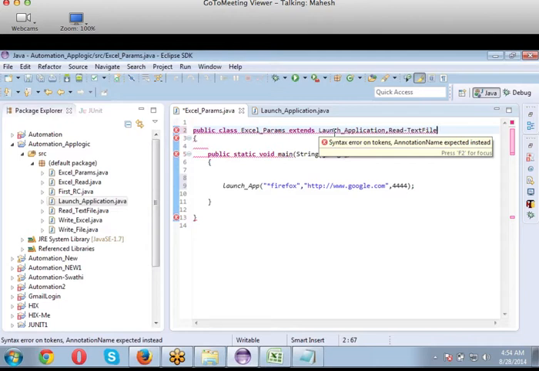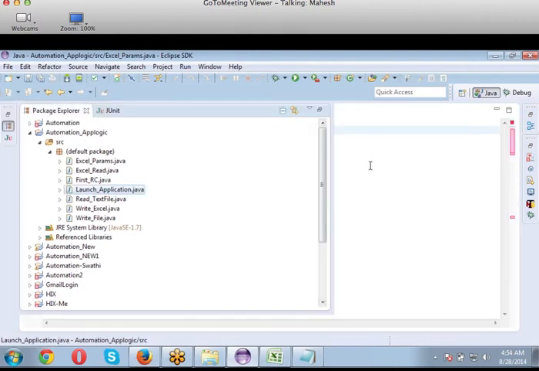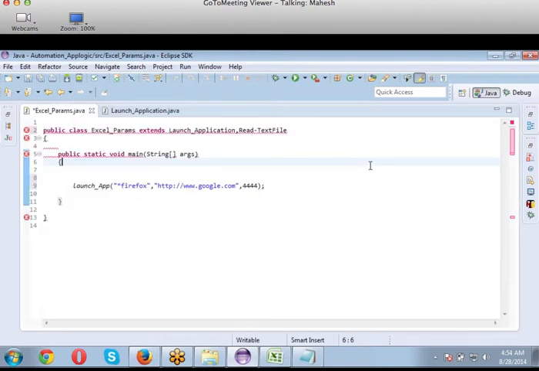But the reason why is you can inherit only one class at a time. We cannot inherit more number of classes at a time. So that's a restriction. You can make only one class a child class from a parent class. You can't have more parent classes at a time. Please remember that. So we cannot do this. How do I access other classes, or how do I inherit other classes?